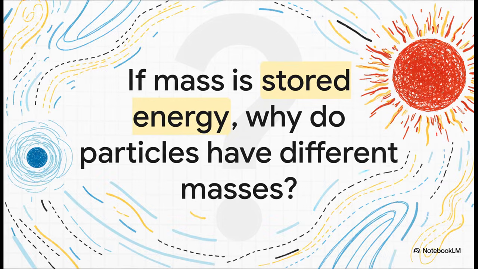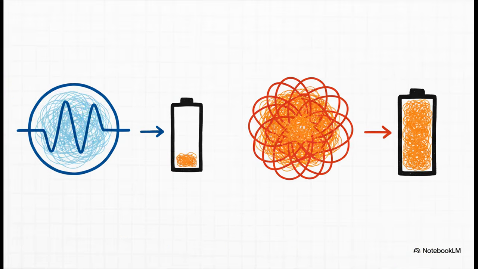Of course, this raises a really obvious question. If it's all just stored energy, then why does an electron store so little, while a top quark stores a ridiculous amount? And this is where the elegance of the model really comes through. Different particles are fundamentally different wave patterns. They have different geometries, different structures. A simple pattern, like an electron, has a small K4 depot. It just can't store much energy. But a much more complex, intricate resonant pattern has a huge capacity to store energy, and so it has a much larger mass. The mass is derived directly from the particle's structure, not from some arbitrary number you have to